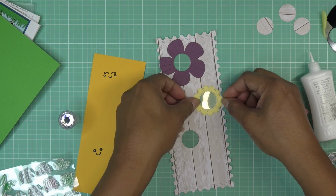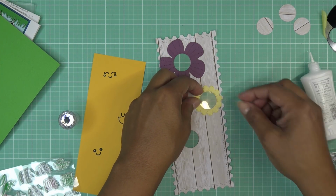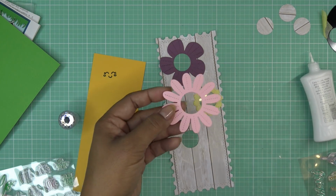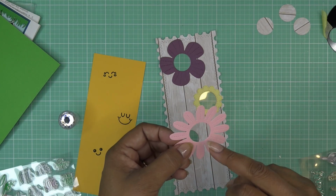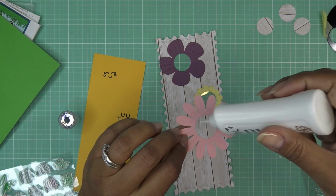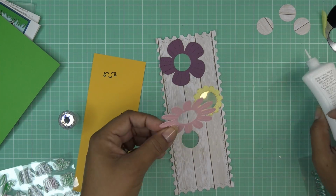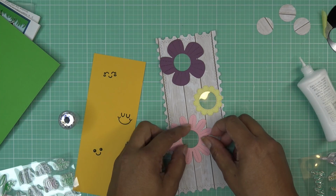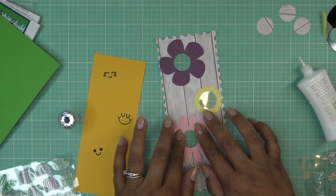Oh my gosh, you guys, this is so cute. Normally I don't care for flowers that have a big hole like this, and this one obviously it's meant for this because it's meant for the little aperture, but this is a great way to use them. And then I know usually the other ones have like a smaller hole, so it might not work as well for you, but still a cute idea. And see how I just kind of left everything free flowing. Okay, what I'm gonna do while that sets up